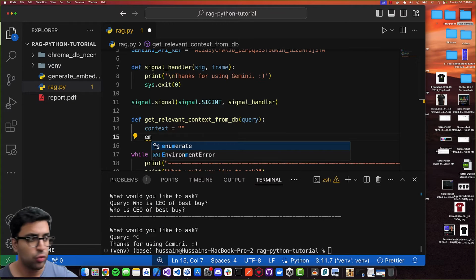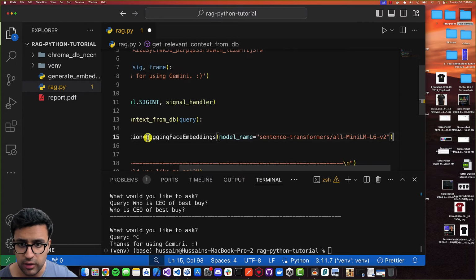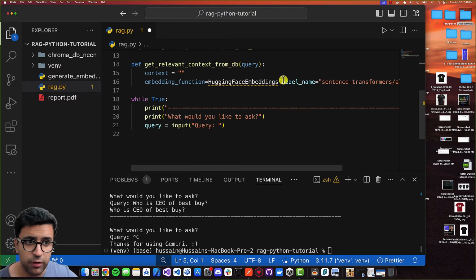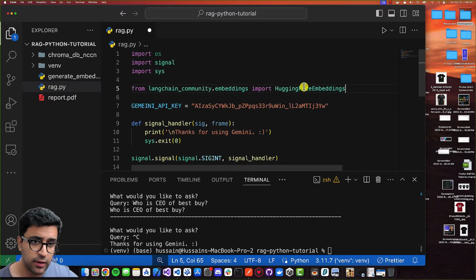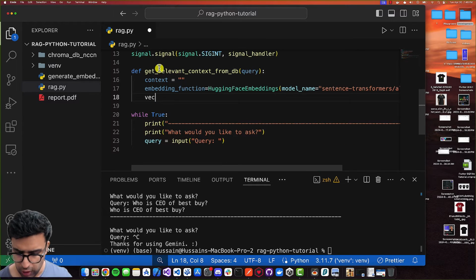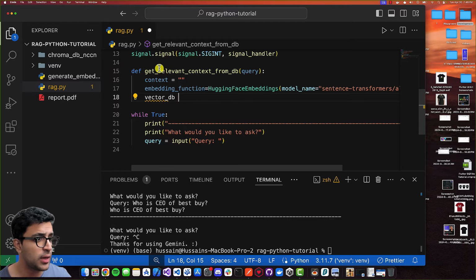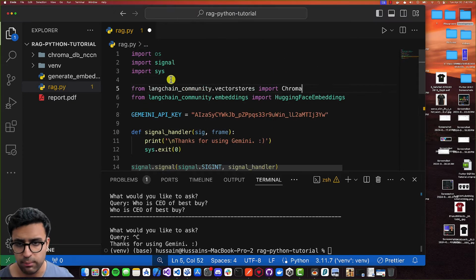Then we're going to create our embeddings function. So I'll just copy and paste the same embedding function, which is basically the same one we had used when we were generating the embeddings. All I'm going to do is come to the top and import the appropriate Hugging Face embeddings class. Once this is done, the next thing is creating a variable which is going to store our vector database. So I'm going to do vector DB, and then I'm going to be setting this equal to Chroma. And then what I need to do is import the Chroma database as well. So for that, I can come to the top and import it from